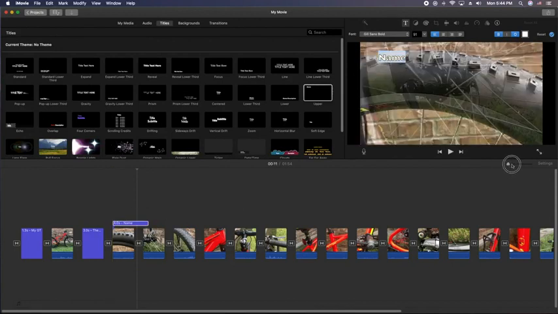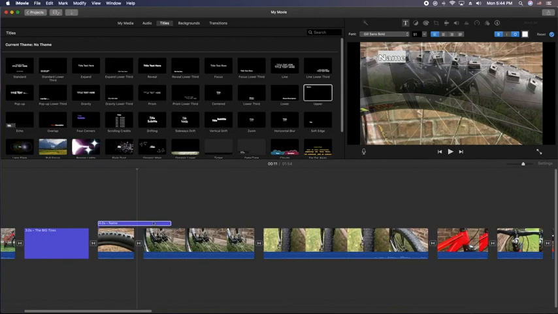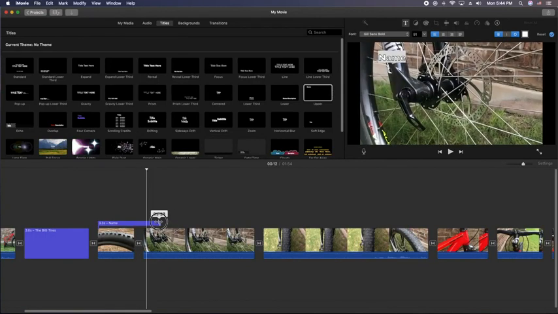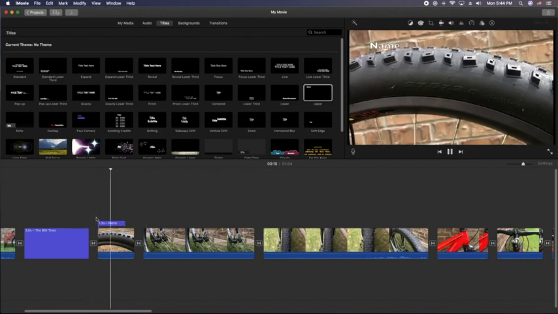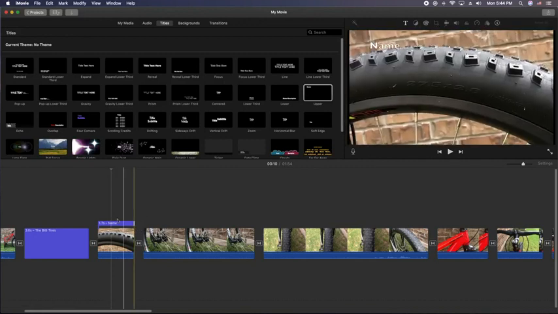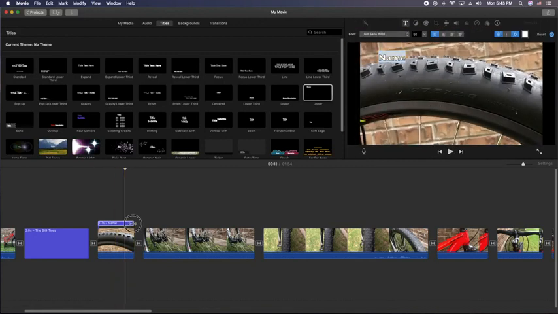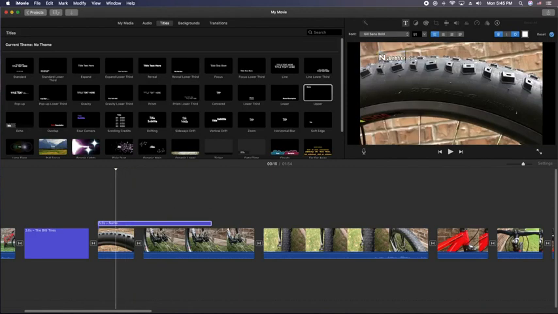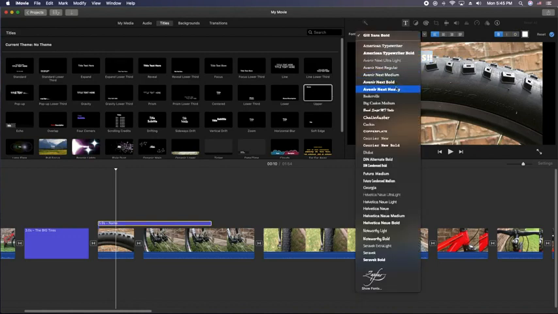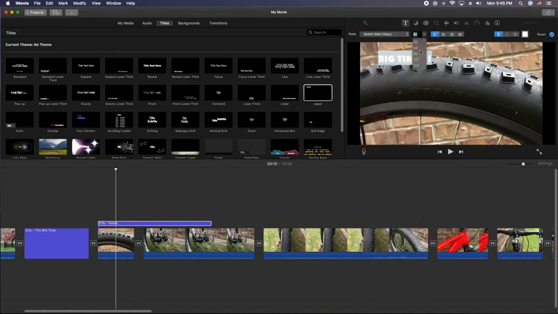Let me stretch this out a little bit for us so we can see better. And it's overlapping to the second clip, so let's make it a little bit shorter. And the title appears at the top corner. So let me stretch this a little longer so you can see the example here. I double click, I'm gonna go in here, edit this. Highlight that, take that border off, change to a different font, and go to 140, change the